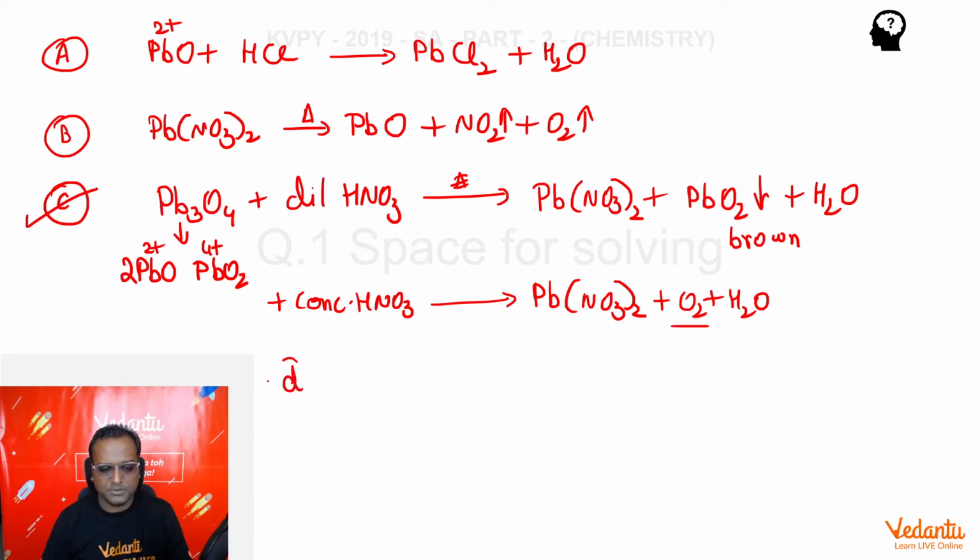Let's talk about option D. Option D was oxidation of lead in air at room temperature. So at room temperature, it will get converted into stable oxide, that is PbO itself. Hence answer is